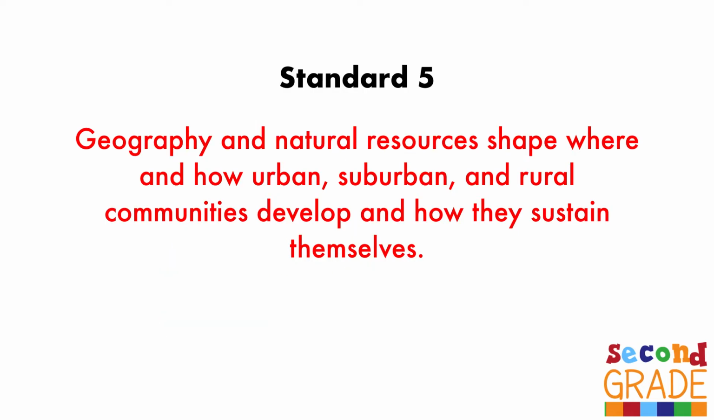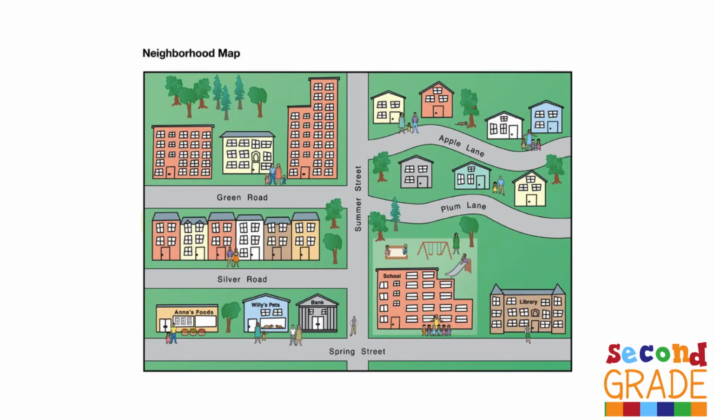Standard 5. Geography and natural resources shape where and how urban, suburban, and rural communities develop and how they sustain themselves. An example for this might be, how do the physical features of a place affect how people live there? And topics of study could be to locate the community on a map, to create maps to represent the school,